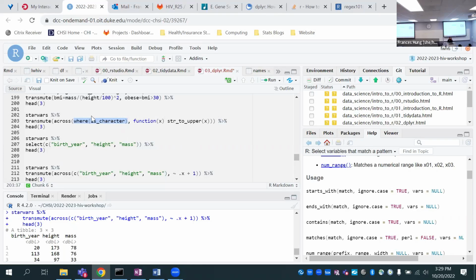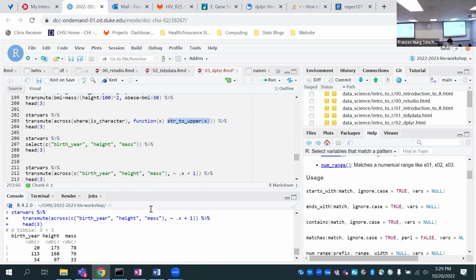And then once you have these columns in the first argument, it applies a function to all of these columns. So you can specify the function in multiple ways. The most explicit one would be something like you have this function x, which is this string to upper, for instance.